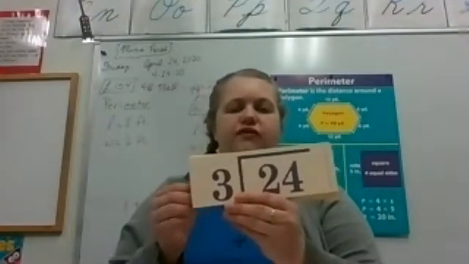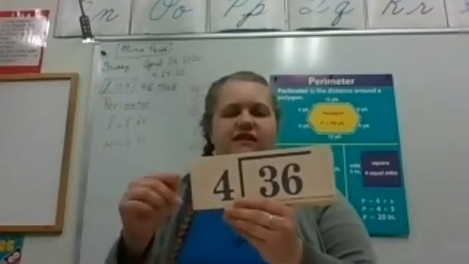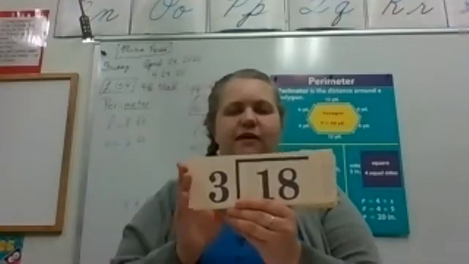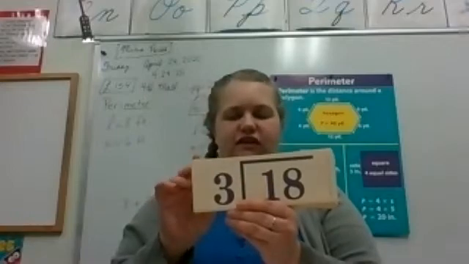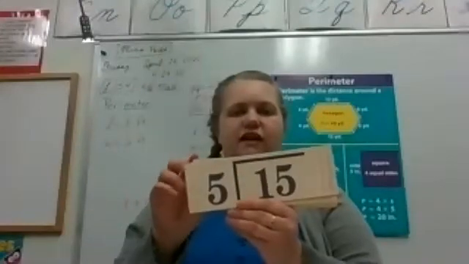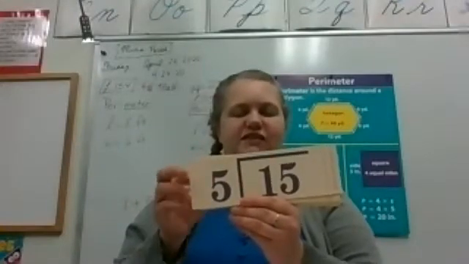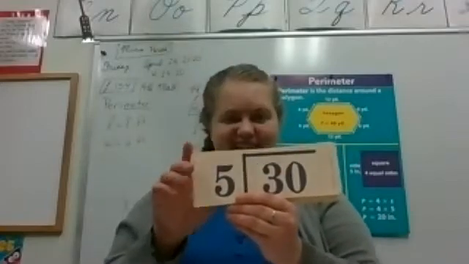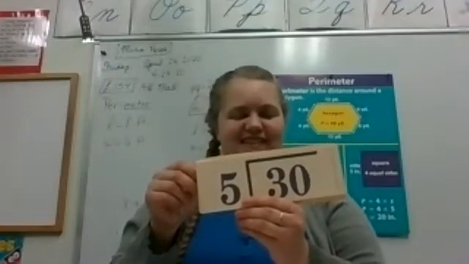Okay, so 24 divided by 3, 8. 36 divided by 4, 9. 18 divided by 6, 3. 24 divided by 6, 4. 40 divided by 5, 8. 18 divided by 3, 6, very good. 54 divided by 6, 9. 15 divided by 3, I apologize, that's 15 divided by 5, it is 3. 30 divided by 6, did it again, 30 divided by 5 is 6. Okay, 72 divided by 6,